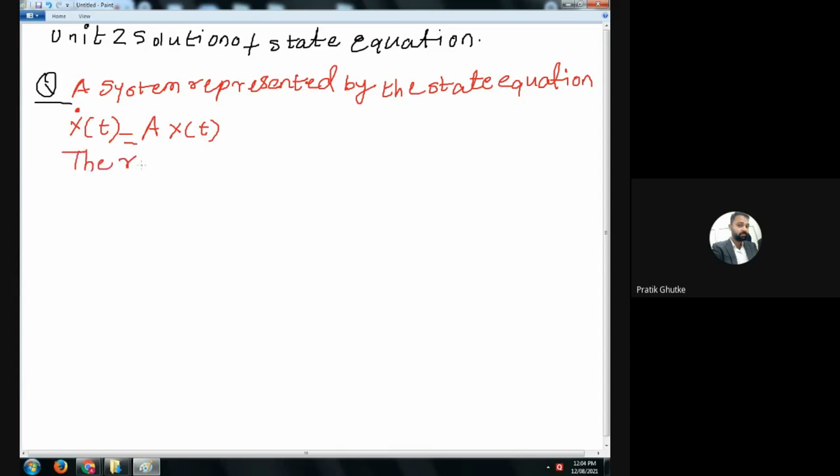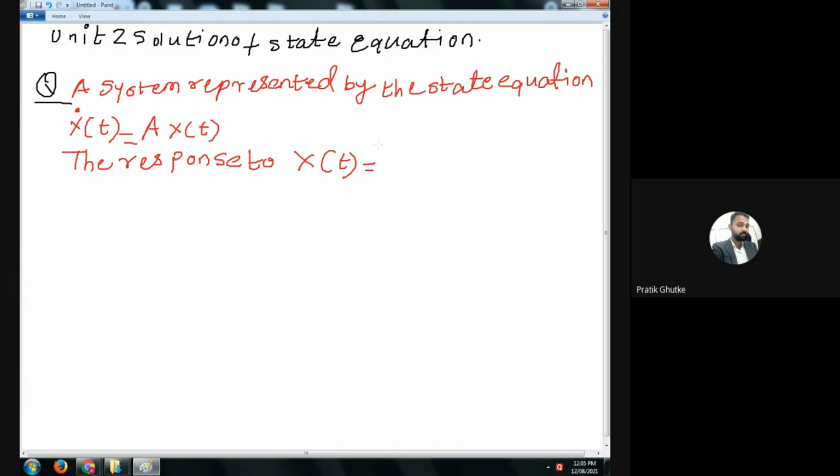The response to x of t, they have given the response for x of t equals,